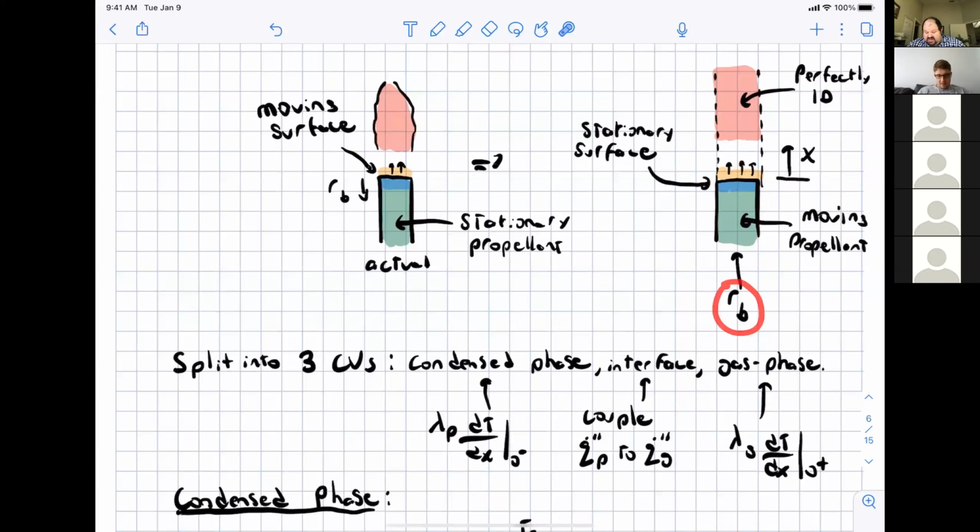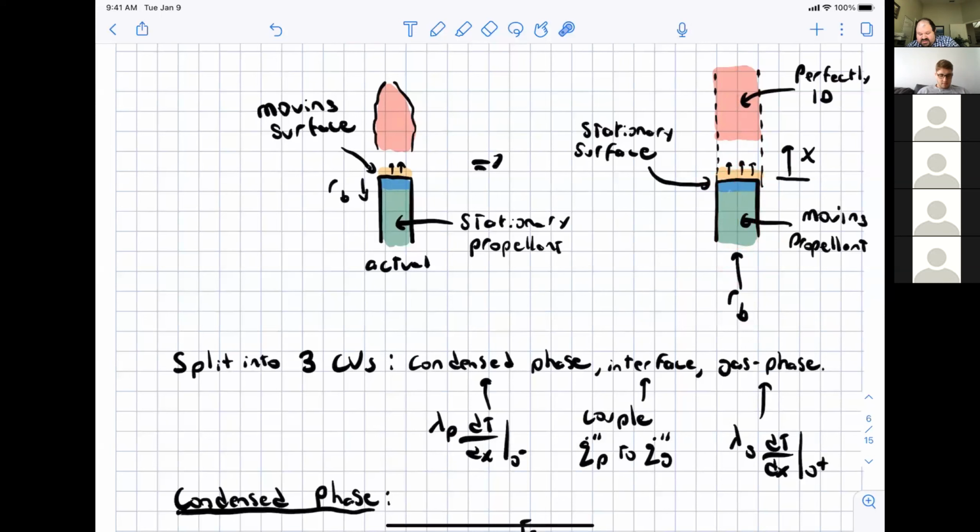And if our burning rate is incorrect, then that heat flux balance will not be met, and you got to guess again. But for the assumptions that we are going to make, you can actually solve for RB. But in your computer project, that's essentially what your code will do: it will integrate the structure on the gas phase side. Then you can find the heat flux, and then check an overall energy balance, and make sure that the heat going into the condensed phase propellant